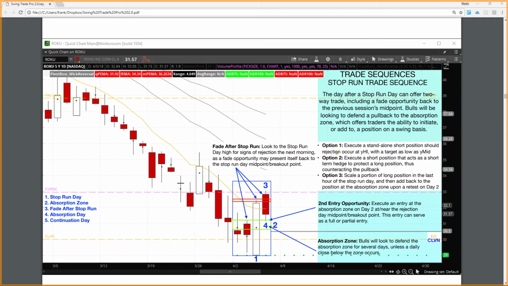Option number 2, execute a short position that acts as a short-term hedge to protect a long position, thus counteracting the pullback. So say you got into the long trade here and you know that there's a good potential that this thing will pull back, giving back some of your profit. Well, instead, again, look to take some profits here at the end of the day, but put on a counter trend fade here so that you can take advantage of the pullback, and then you add to the primary position